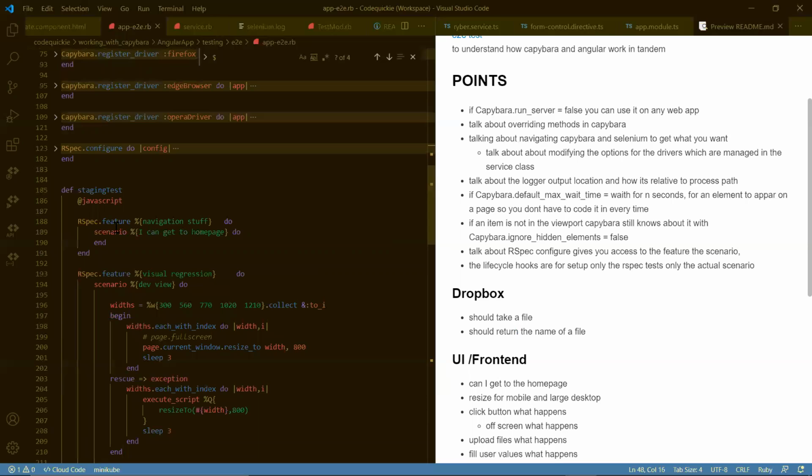What we want to get into is how testing is set up. So we have these features. I know in Jasmine and Karma we have describe and it, and many testing frameworks use describe and it, like Mocha. But you know that you're working with a Capybara test, especially RSpec, when you see feature and scenario. When you see feature and scenario, you know that you're working with Ruby, you know you're working with Capybara,